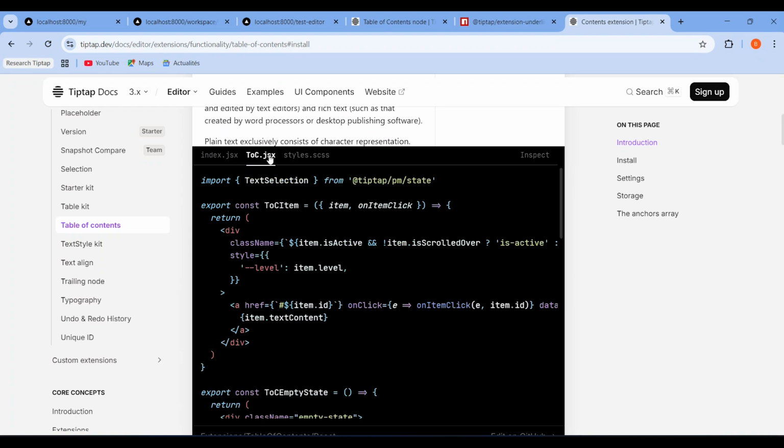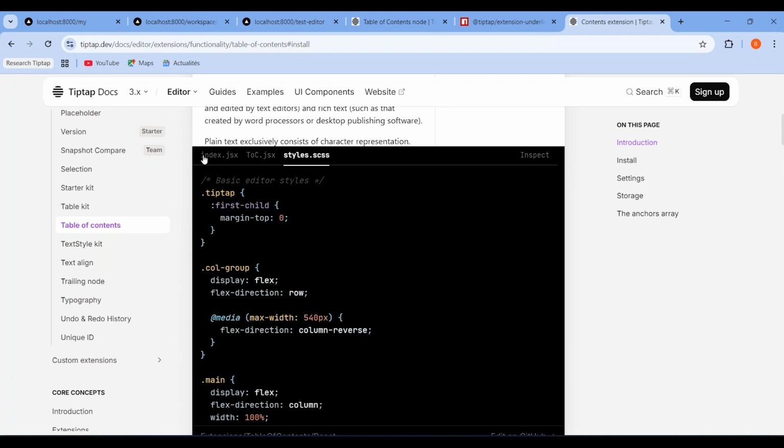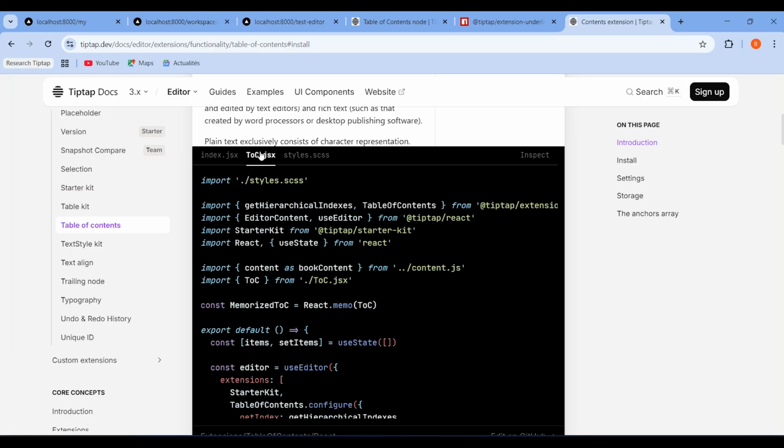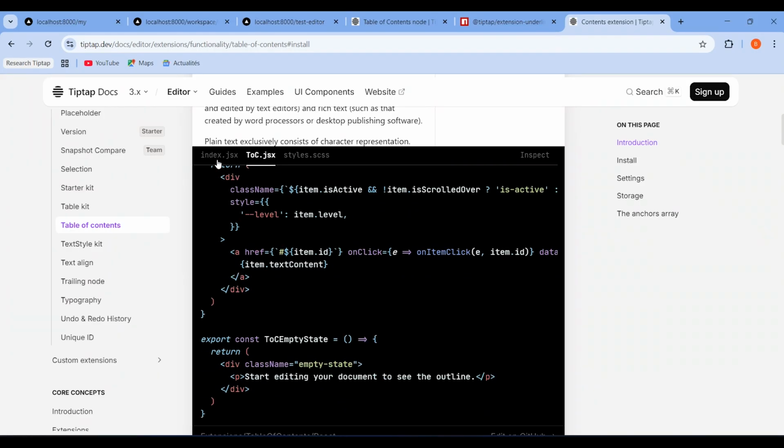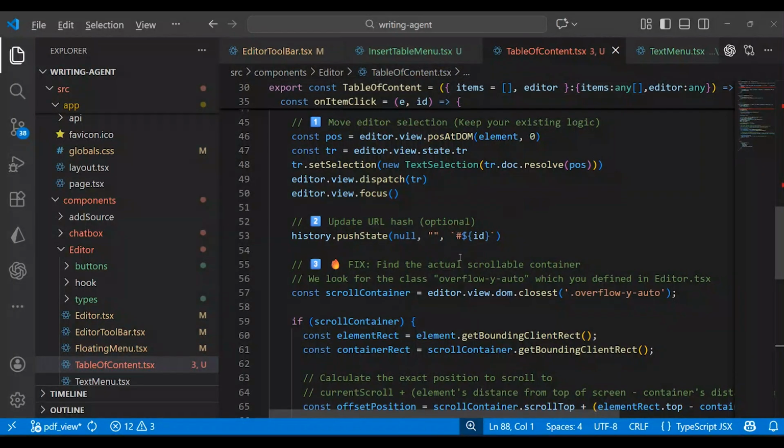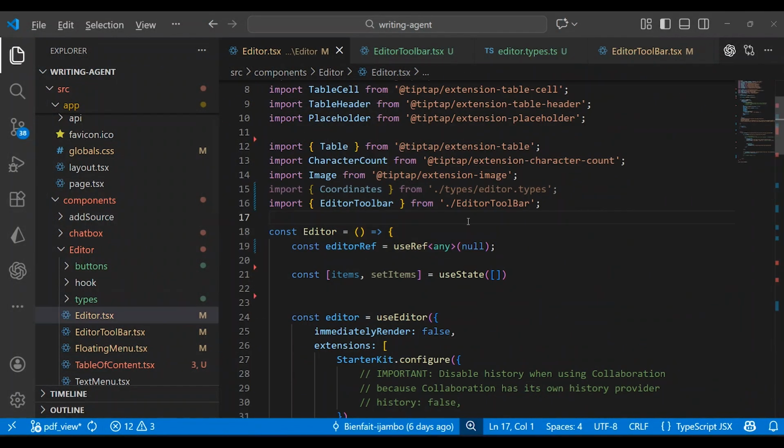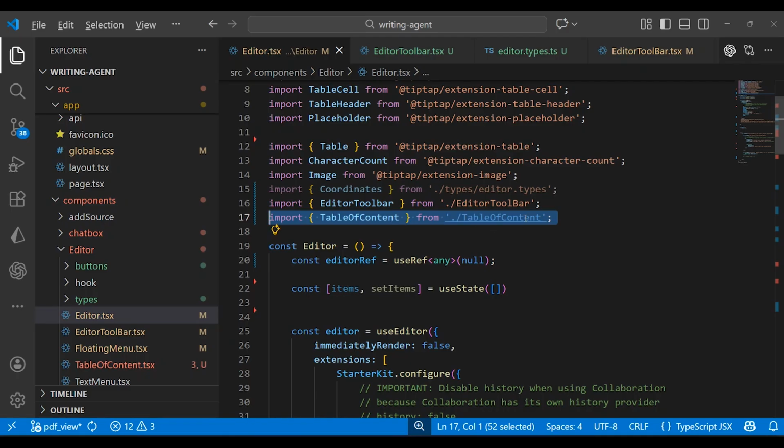index.js in here and in here. You're gonna get in, and you're gonna copy this. You're gonna come here and copy this code, guys. Okay, it's pretty simple. You have to copy this code, and once you copy it, you're gonna have a table of contents. Now I'm gonna head into the editor.ts, and then I'm gonna import this component, and then I'm